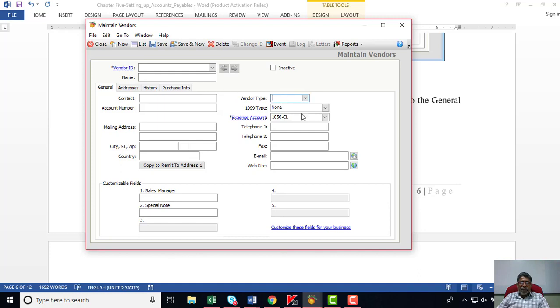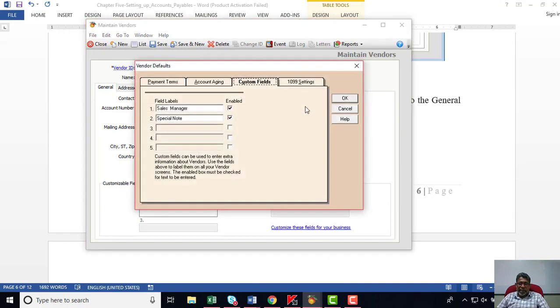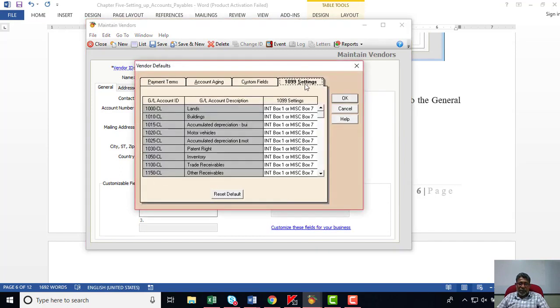Then the vendor type. Now if you have vendor categories, maybe credit vendors, maybe cash vendors, maybe corporations, maybe companies, such grouping. So the vendor grouping is for reporting purposes, whereby you can get group reports of a particular category of vendors. We can categorize them under the vendor category. As you can remember, we have not used the 1099 setting. Again, I am referring to the default settings, we have not used that. So that's why it is appearing like